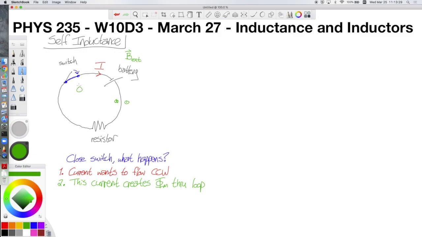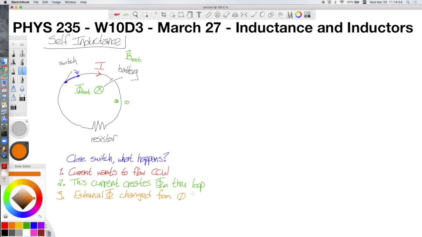So now we're going to be creating an external flux into the page inside of this loop. Well, we just learned about this type of situation. So think, we now have a loop of wire, and the flux through that loop of wire is changing. Think about what this should mean. When you have the magnetic flux through a loop of wire and that flux is changing, you induce a flux. So the external flux through the loop just changed